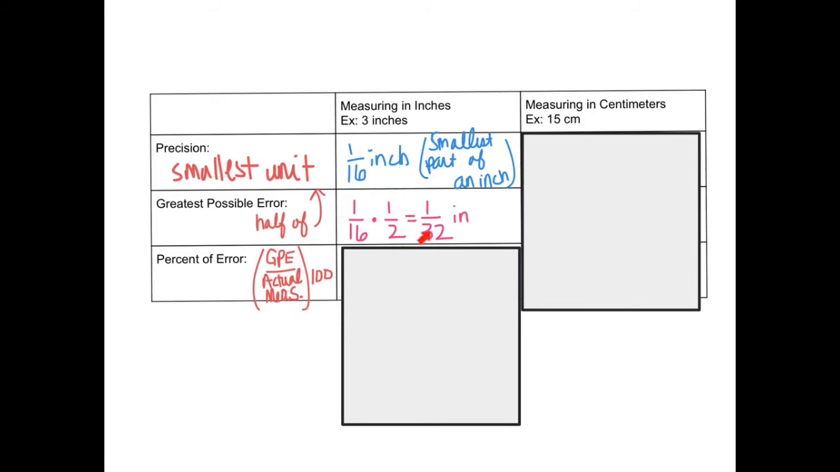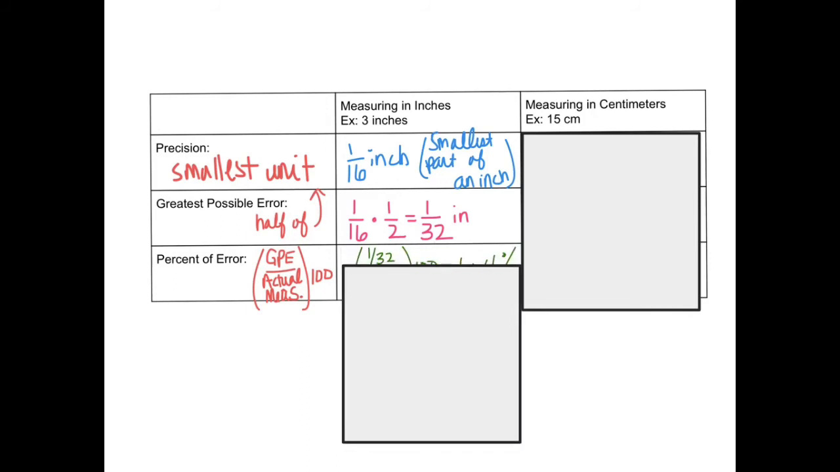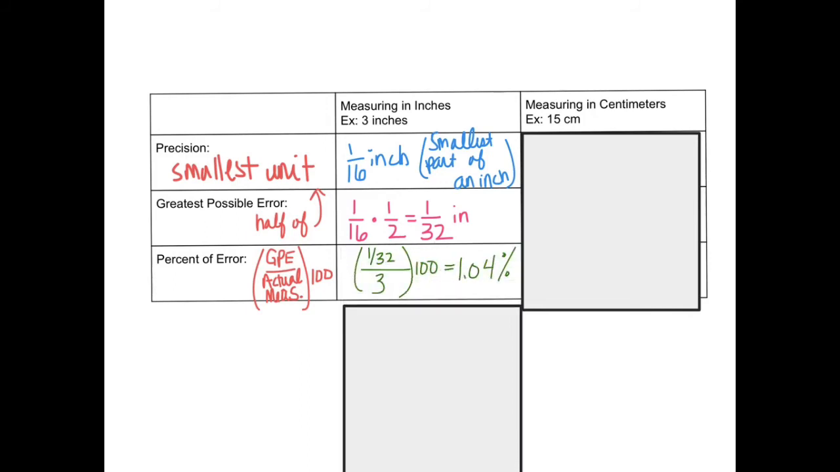It is now, when I'm going to calculate the percent of error, that I take into consideration my actual measurement of 3. So we will take that GPE, which is 1/32, divide it by 3, and multiply by 100. So in this example, 1.04% is the percent of error when you're measuring something that you measure as 3 inches long. So looking at the example in the metric unit with centimeters, 15 centimeters is our measurement,